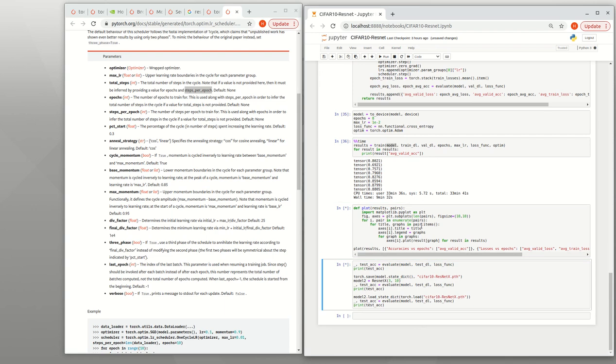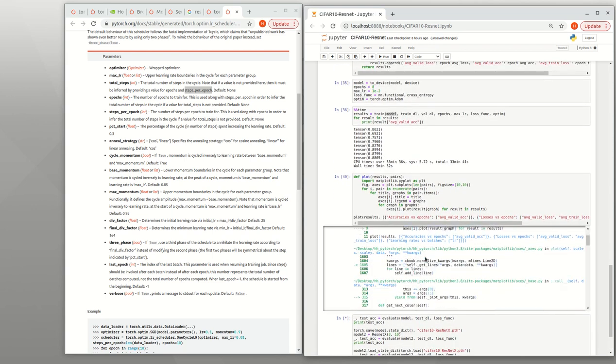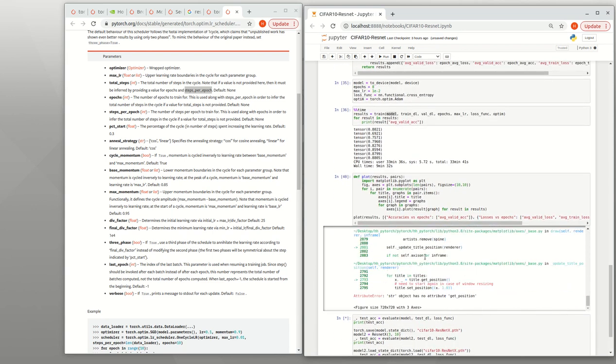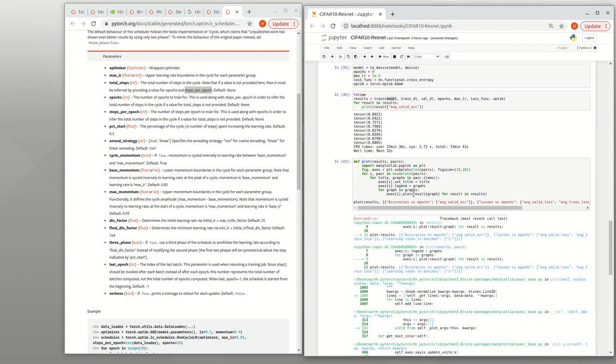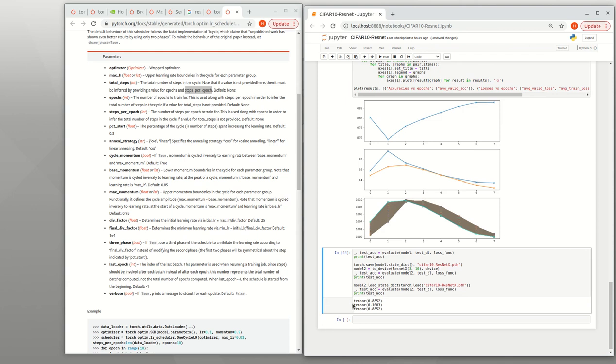We can also plot these. Good, around 88%. I'm sorry, this is model 2. This is model 2. So you see, the model we trained for only around 8 epochs already has an accuracy of around